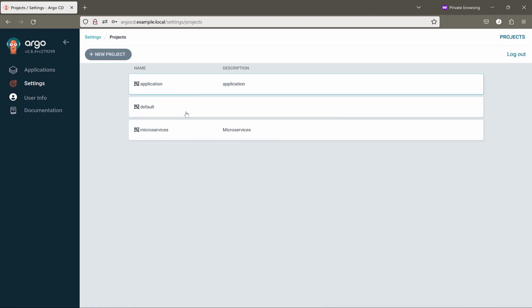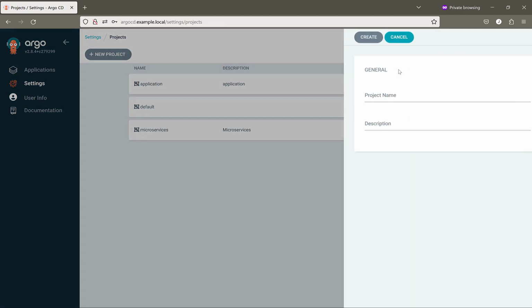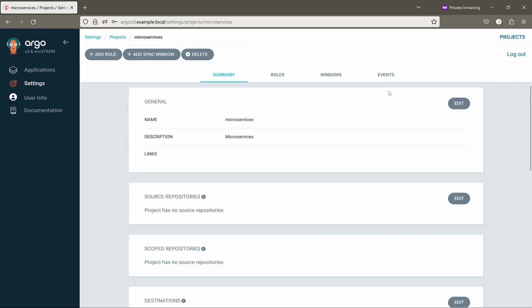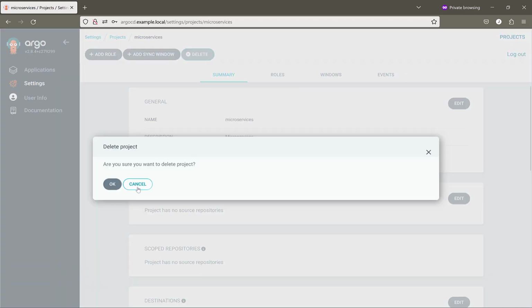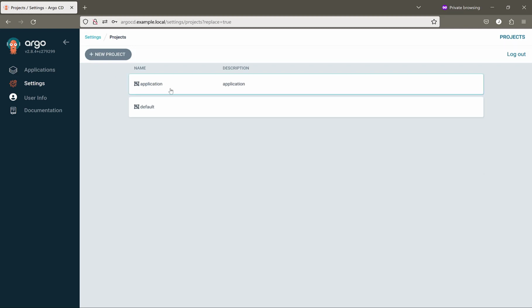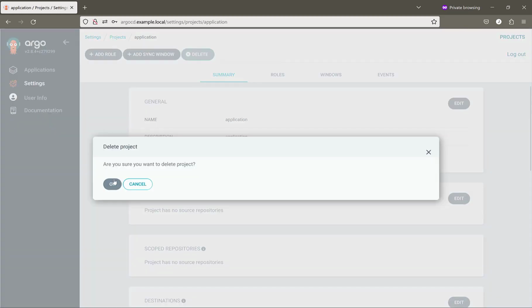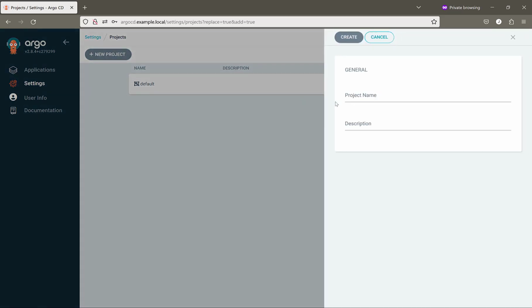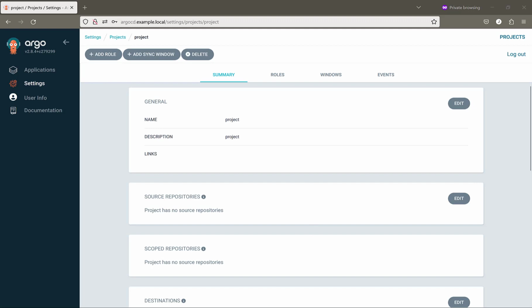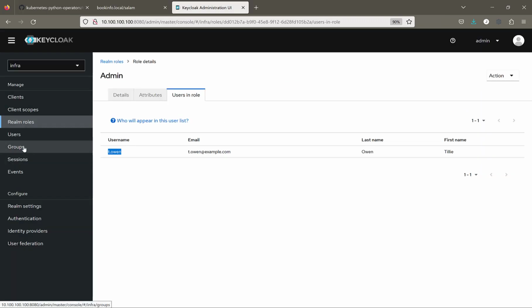If I go to projects, even right now we can see the projects which I have created before. I can even delete this project, I have access. At the same time, delete this project, create a new one. It works because admin is present inside of realm roles for this user. So that's it actually. I hope it will be